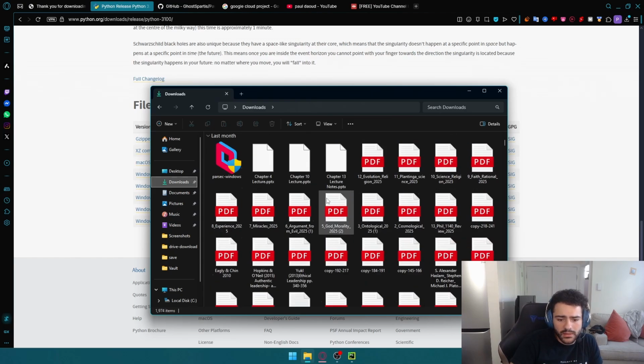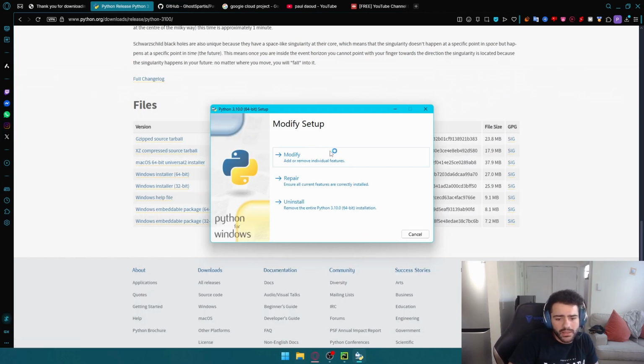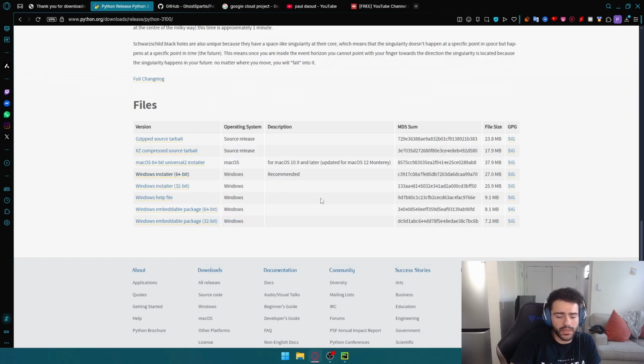Once you hit download and it starts downloading, since I've already done it, it's not going to really do anything. But you hit download, it downloads, and it's going to be put in a Python file, and we'll find that